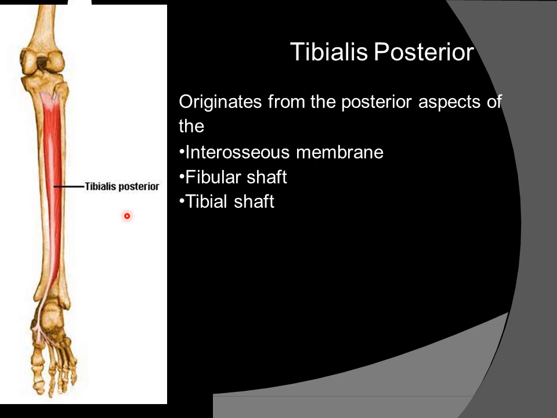So this is about tibialis posterior: the origin is from the posterior surface of the tibia, the posterior surface of the fibula, and from the interosseous membrane. The tendon grooves the back of the medial malleolus and passes superficial to the deltoid ligament and deep to the flexor retinaculum. Then it inserts onto the tuberosity of the navicular bone, and the slips pass to all the tarsals except the talus and the bases of the second to fourth metatarsals.